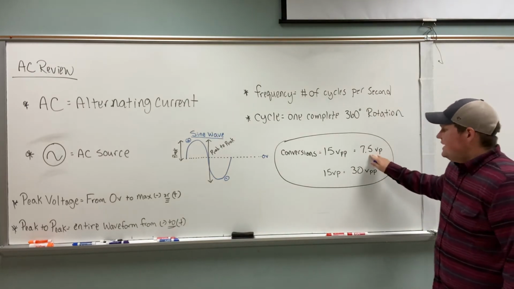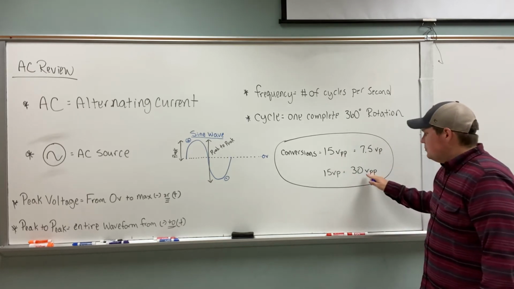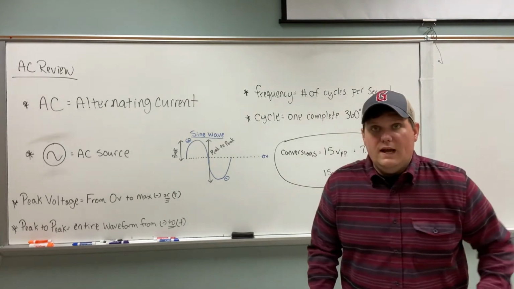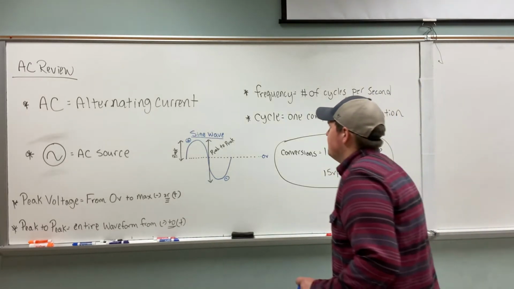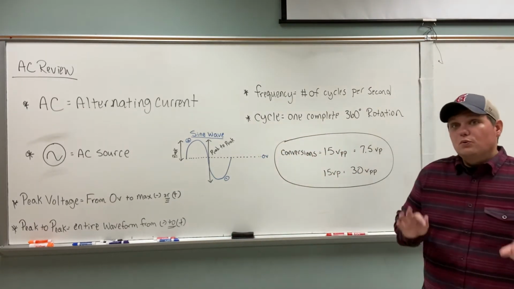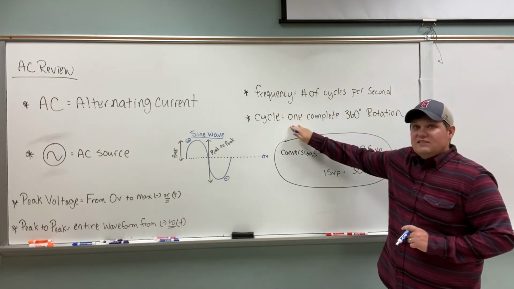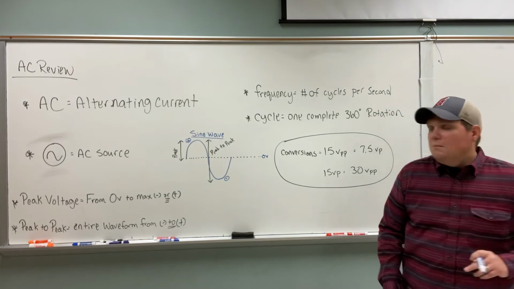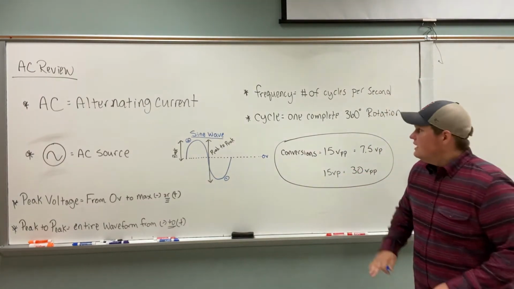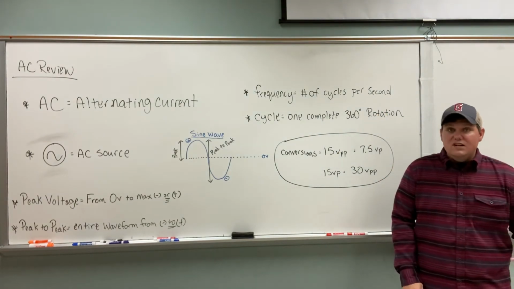So peak is approximately half of peak to peak, and peak to peak is approximately double the peak. Okay, so that's all you have to remember. So remember a couple of other terms that we will be using pretty frequently, and that is frequency and cycle. So remember, frequency is the number of cycles per second, and that a cycle is one complete 360-degree rotation of